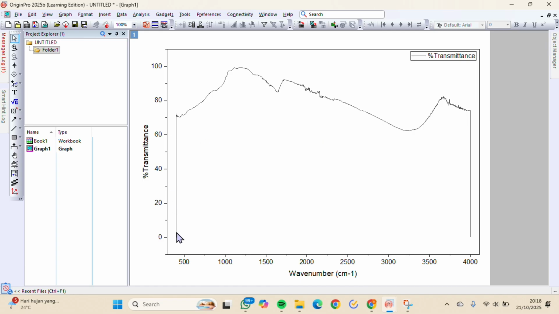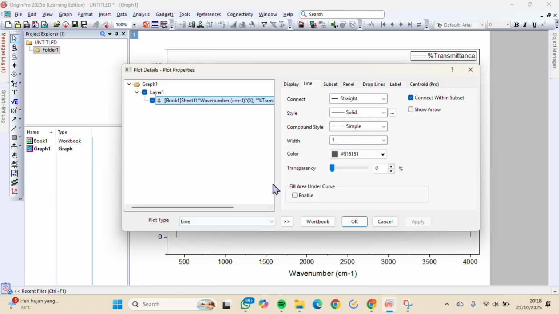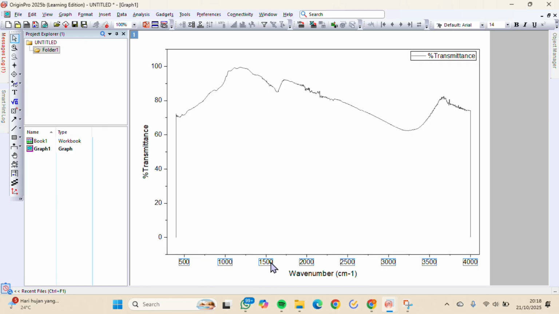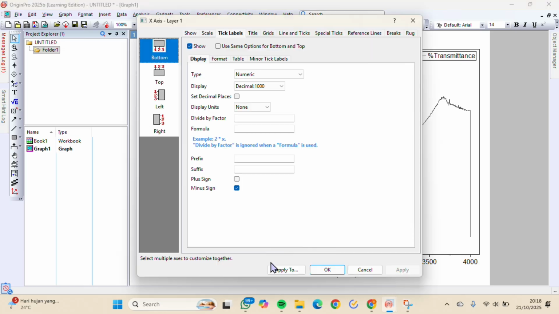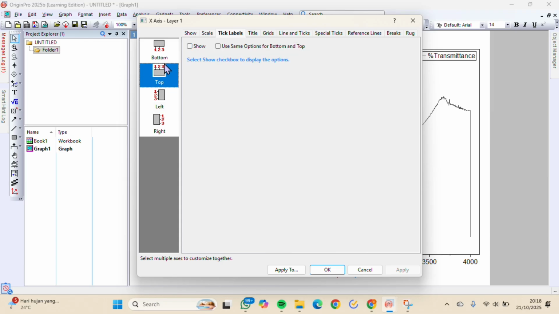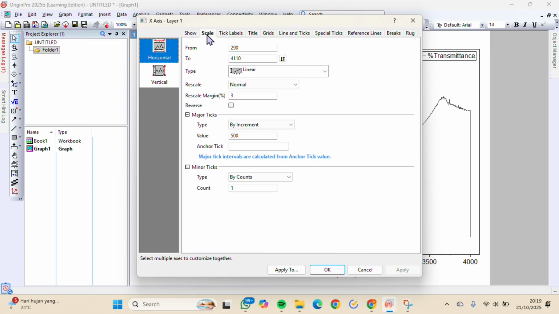And then to remove the empty part on the x-axis, we can click on the x-axis, then select the scale, and change the from and the to values so that there's no leftover space.